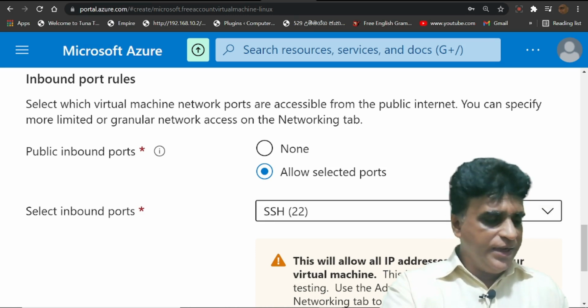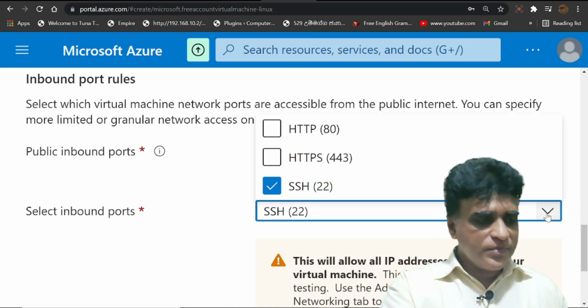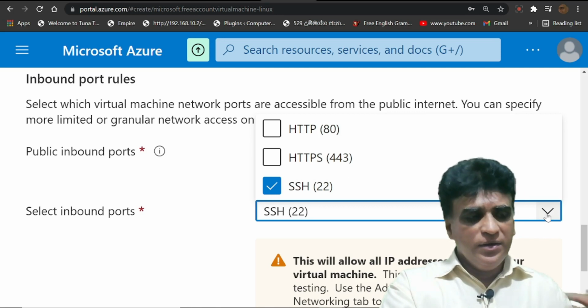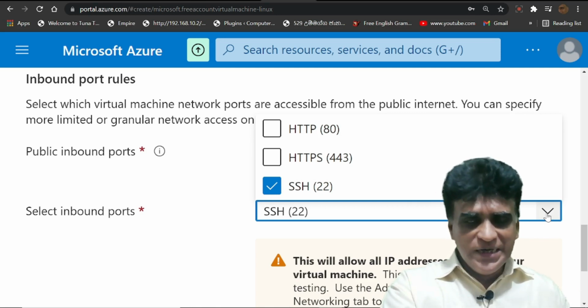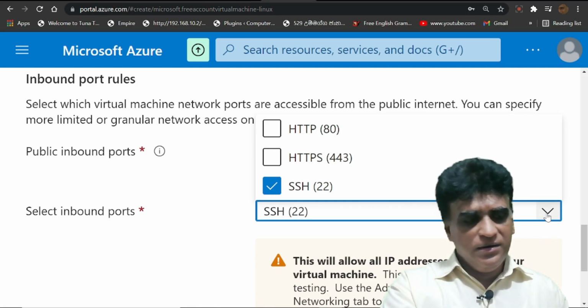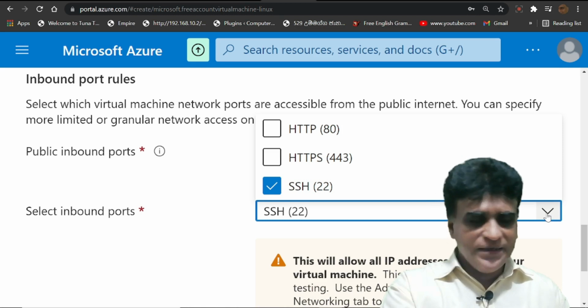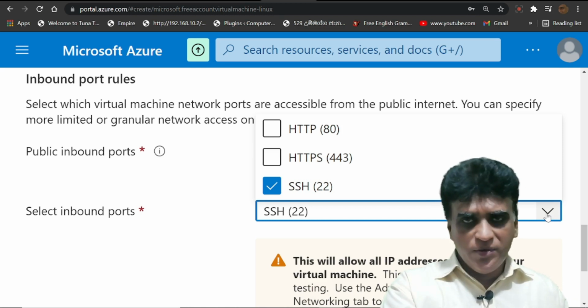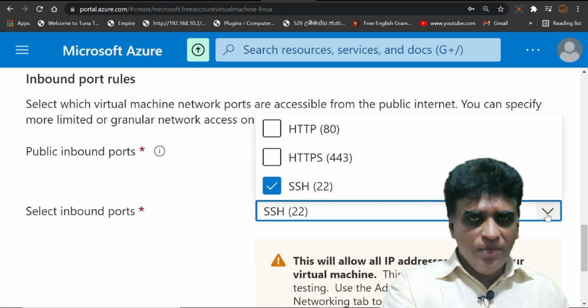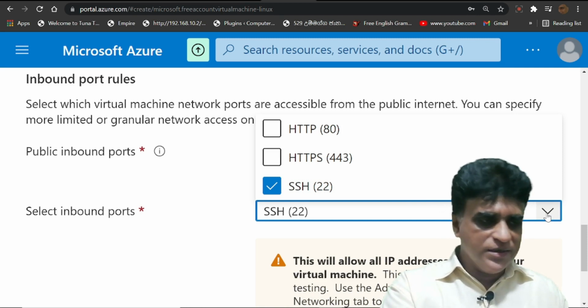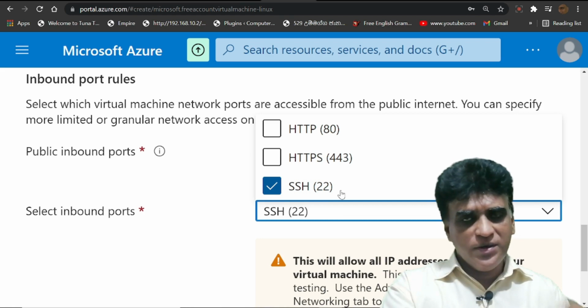Here, for the inbound ports, since we are using Linux, we can't open the RDP port, which we can open in Windows operating systems. Here SSH is a very important port. We definitely have to open this SSH port.